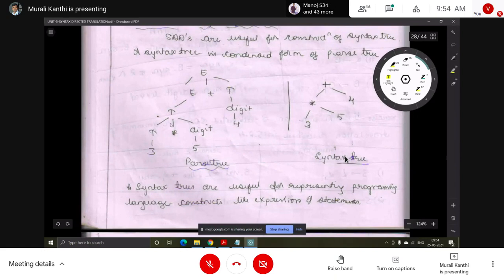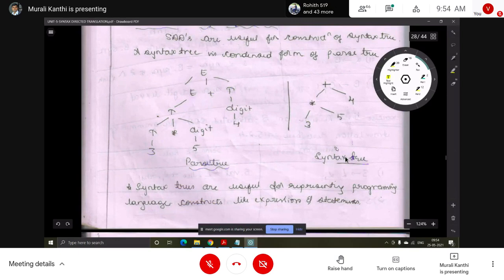The parse tree consists of all the non-terminals and terminals, but the syntax tree consists of only terminals. Leaf nodes are the operands, and intermediate nodes and the root are operators. That is the difference between the parse tree and syntax tree.